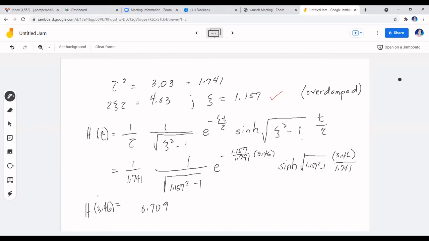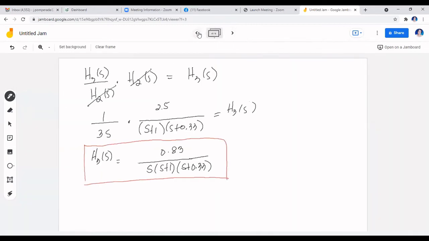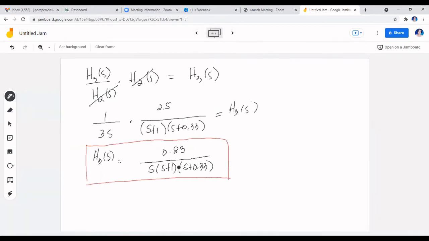So as to H3, what do we do? H3 of T is this one. Where is our H3 of T? H3 of S is this one. Since this is not anymore second degree, you really have to do the method of partial fractions for this one. So I made it look like this. That way, later on, when you do inversion, all your terms will have a constant and exponential function